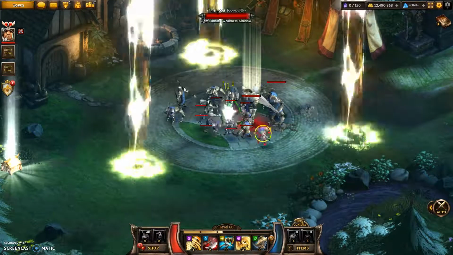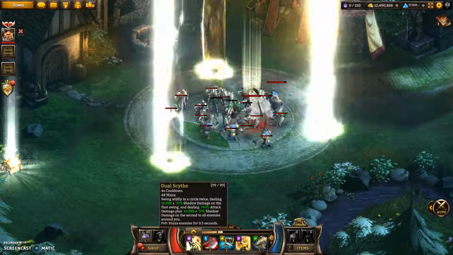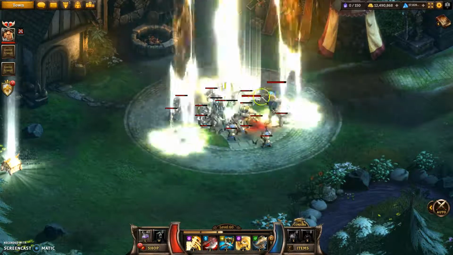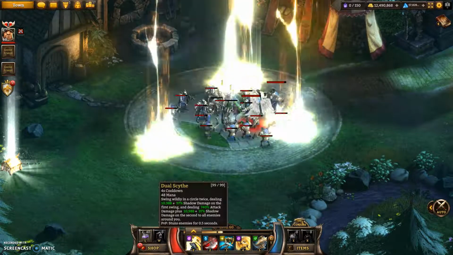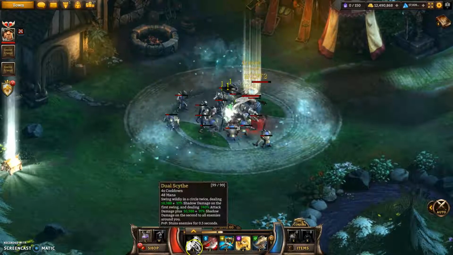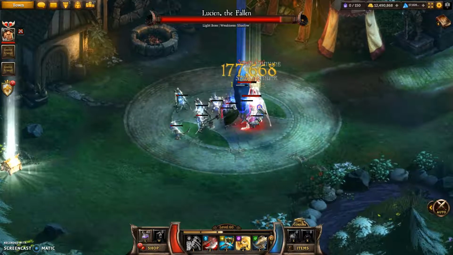And then we get to Dual Scythe. So now you'll suddenly see, bang, look at that, huge damage. But I have got the skill level 99, so it's doing a load of base damage right now. But the point is, it does a load of shadow damage on top. That's a huge amount of shadow damage, and you can spam it every 2 seconds. Mine is 4 seconds because I got it max level, but yeah, it's going to do huge damage output